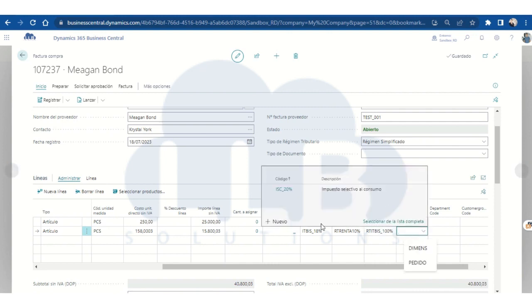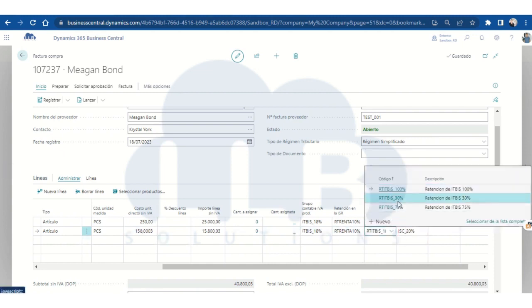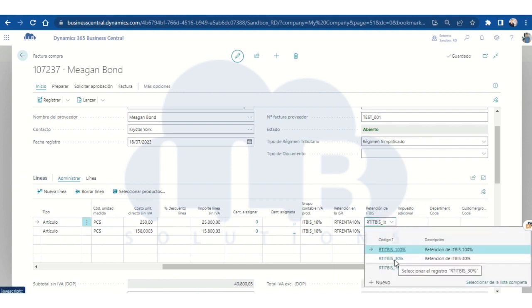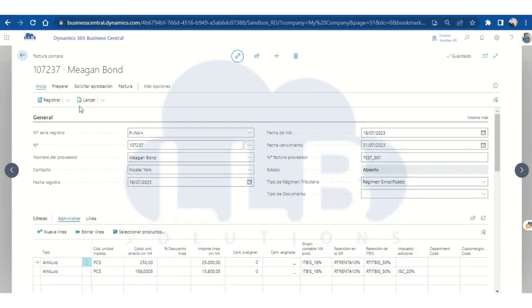Here, for example, if I want to add the additional tax to the product, we can do it. And also, if I want to modify, for example, the ITBIS withholding to 30%, we can do it without any problem. That's it. Once we are done, let's indicate preview